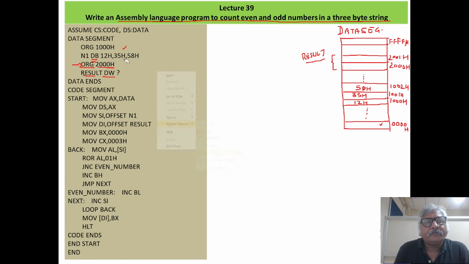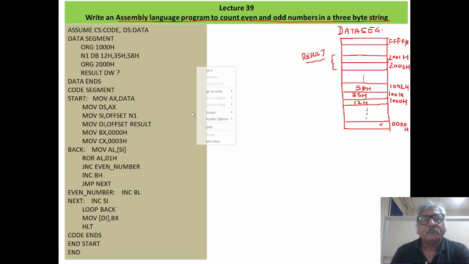Okay. Now we will come to the program. So this first instruction, move AX comma data segment address.